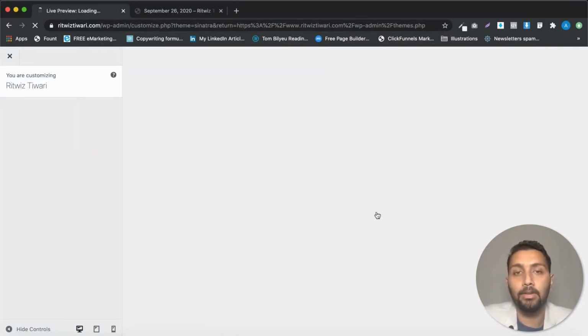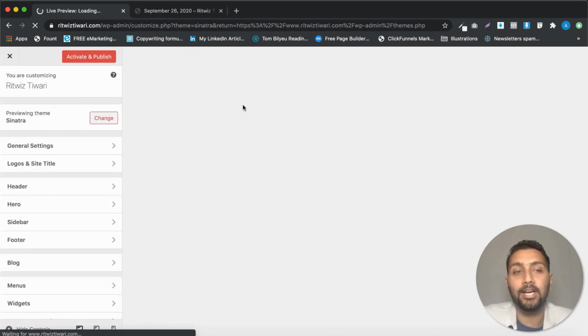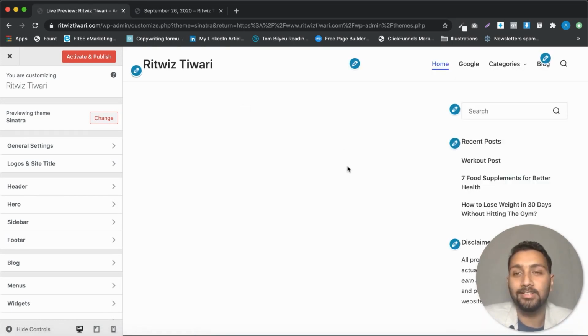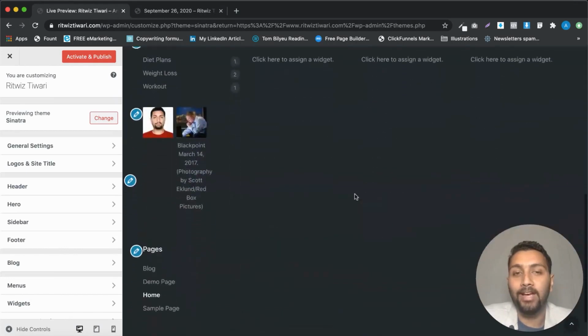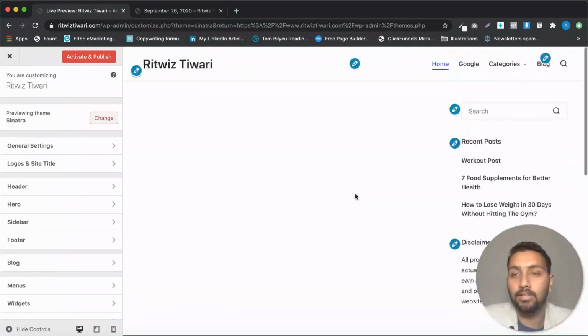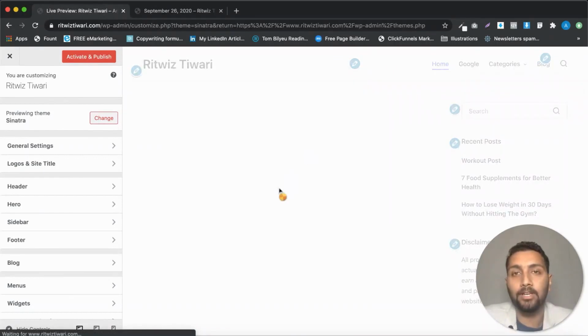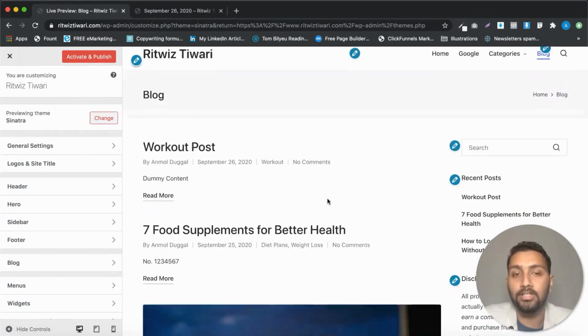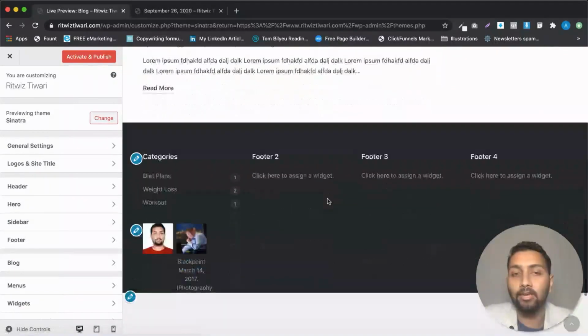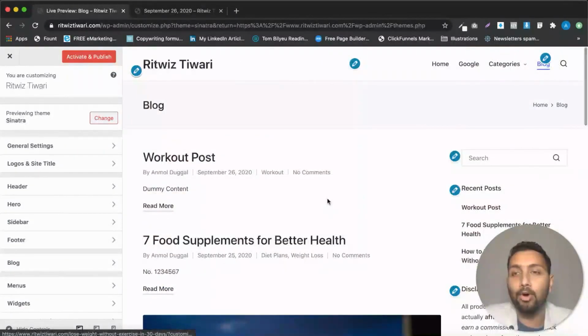I've clicked on the live preview part, and now you will be amazed at the amount of changes that you can actually see here. The entire look of your website is going to be changed. See, now everything has changed. The footer has changed. The sidebar has changed. Now, if I click on the blog part, because that's where our content is, you will understand what all changes have been made. See here that the look and feel of the blogs has been changed.